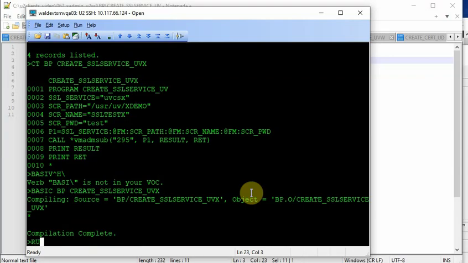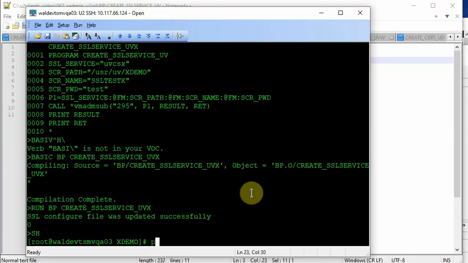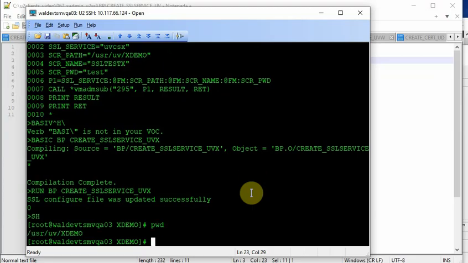So I can run it, BP CREAT. So if I run this program, basically it just creates one called UV6X in the .unit security file. So we can take a look. So for this kind of environment,